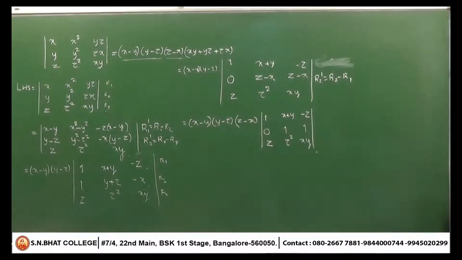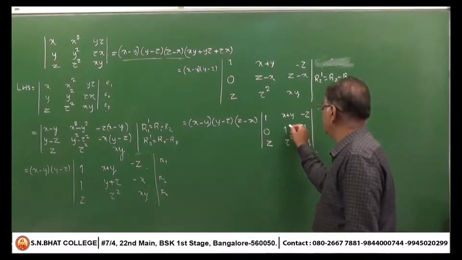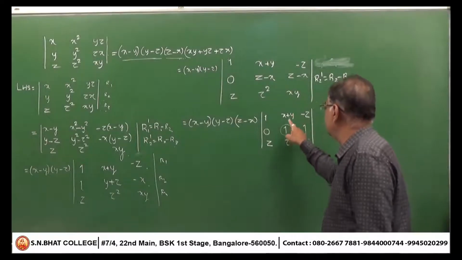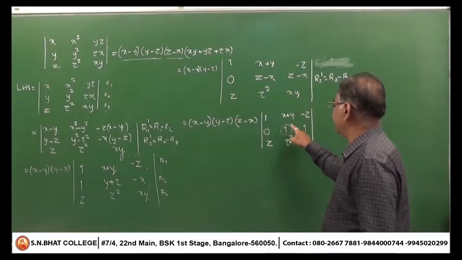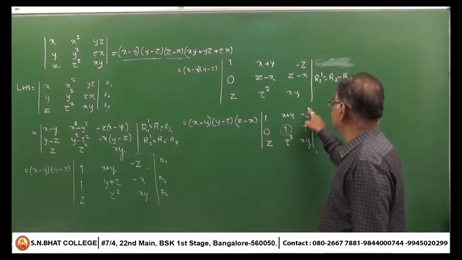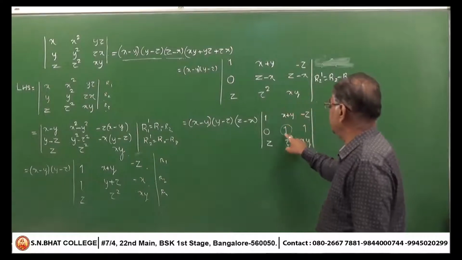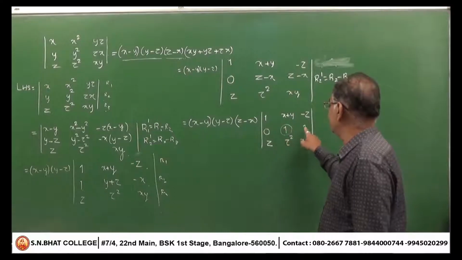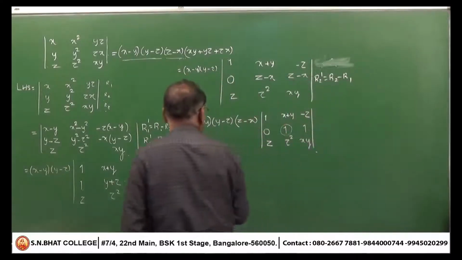See, to expand or to evaluate a determinant, you should get minimum 2 zeros. Here in this determinant, you have only 1 zero. I should get 1 more zero. Therefore, I will try to make this element to be 0 to get 2 zeros. That is, it is in C2. C2 dash is C2 minus C3 to make this element to be 0. Or to make this element to be 0, C3 dash is C3 minus C2. Try to make this element to be 0, it is in C2. C2 dash is C2 minus C3 to get 2 zeros in the determinant.